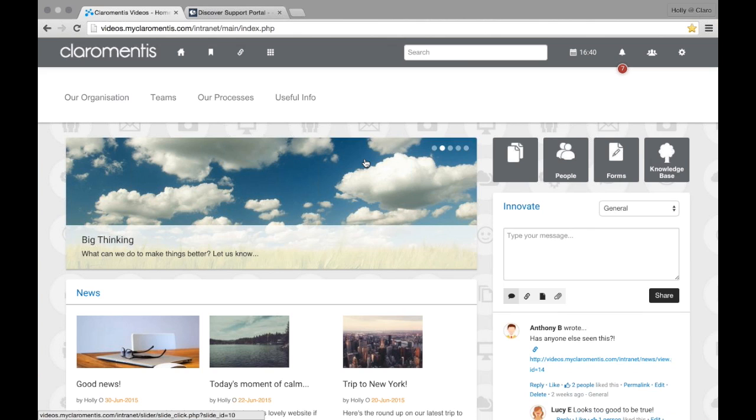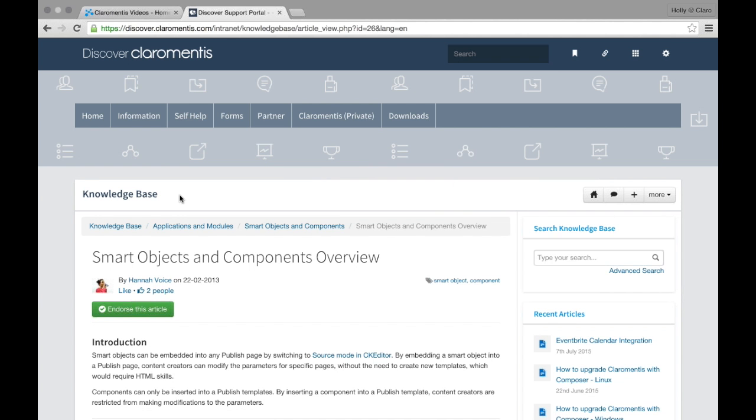And I know that one of the things you work with on the intranet in your own way, and other bits and pieces, but Discover is an excellent reference point, especially for published stuff. In fact, it's so excellent that I often still go there myself to have a look and to find out exciting things. So right, we're going to talk a little bit about smart objects today, and what they are